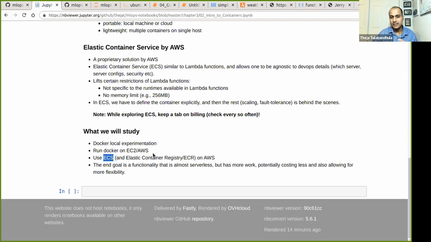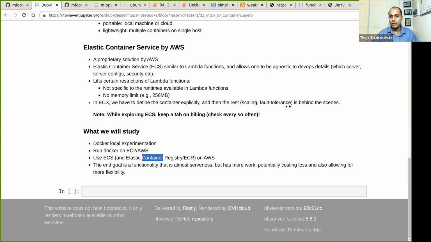It also requires a sibling service. It's called Elastic Container Registry, and we'll talk about what is registry, what is elastic, and all that when we get there. Okay. The main important thing is there is a container technology which is like an idea. The implementation of that idea is Docker, and we'll start with Docker first in some sort of a hosted solution mode, and then we'll let the vendors take care of it using the managed services like ECS.